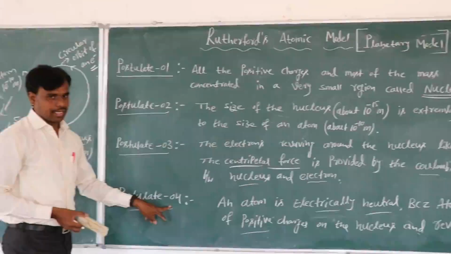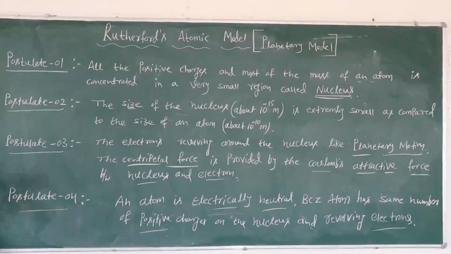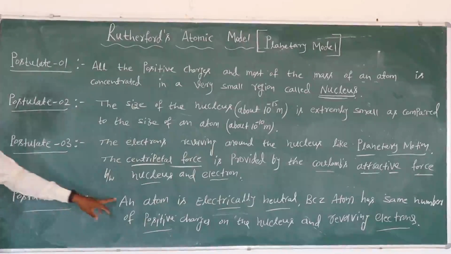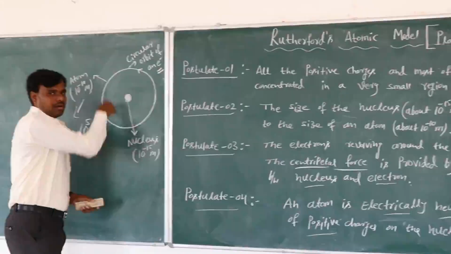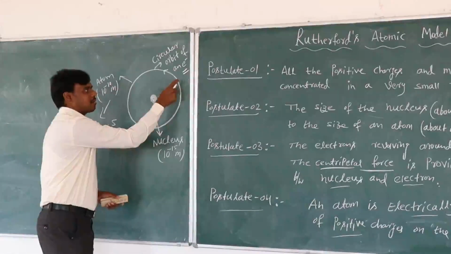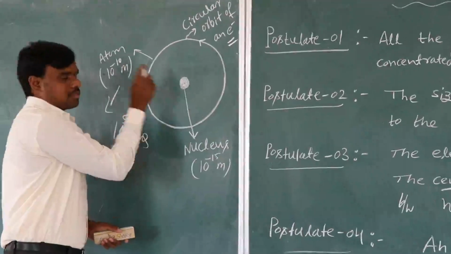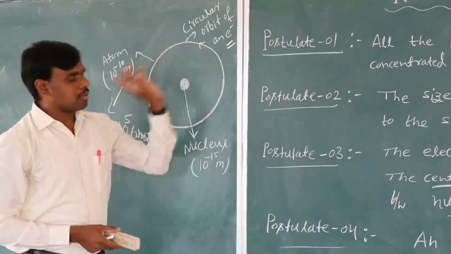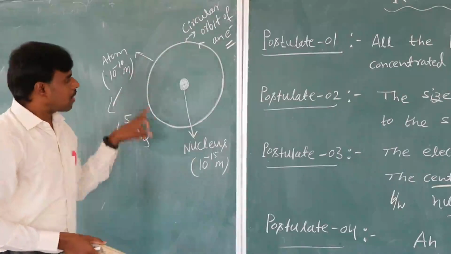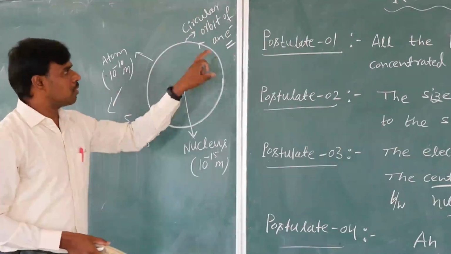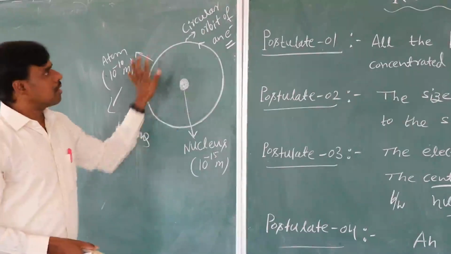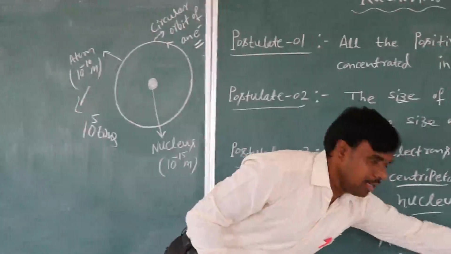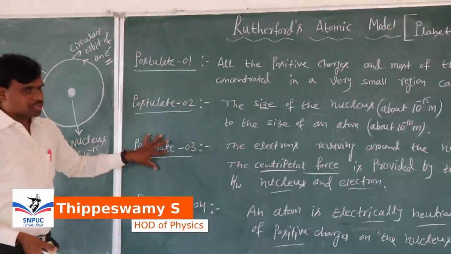The fourth postulate, which was already mentioned in the J.J. Thomson model, is that the atom is electrically neutral because an atom has an equal number of revolving electrons and positive charges in the nucleus. Here, according to Rutherford, the number of revolving electrons around the nucleus is equal to the number of positive charges on the nucleus. Therefore, the atom is electrically neutral. These are the four postulates